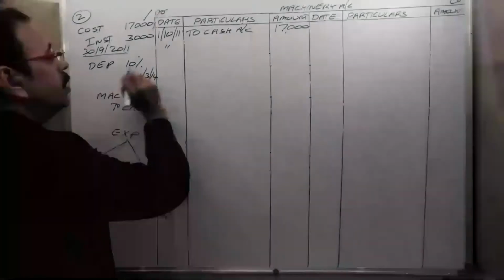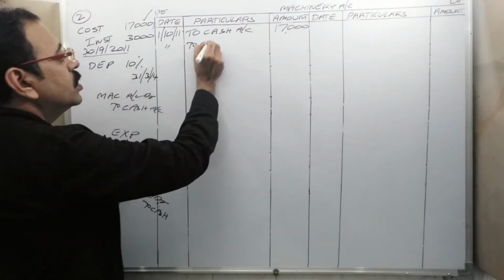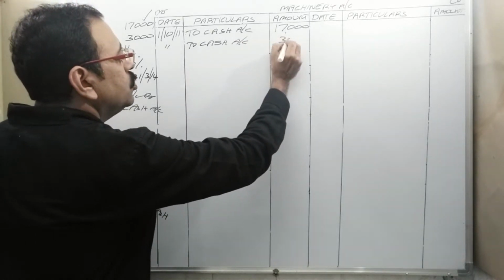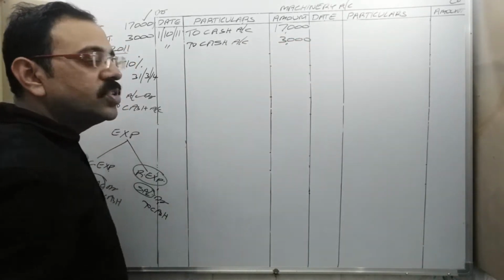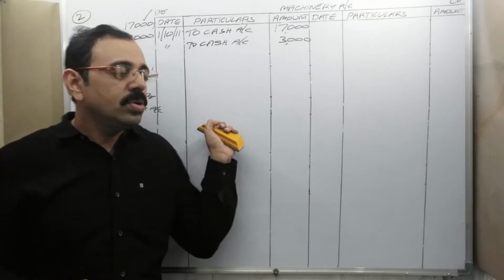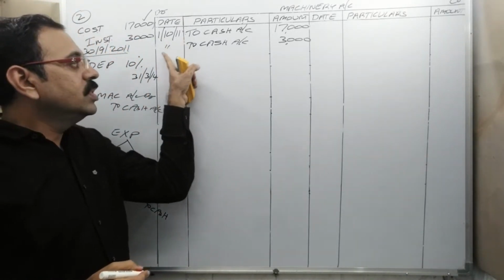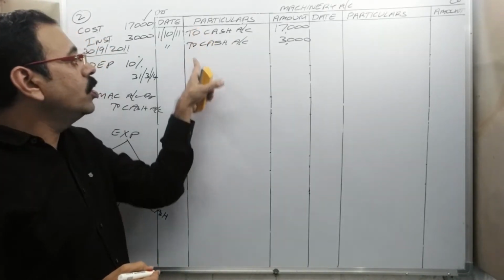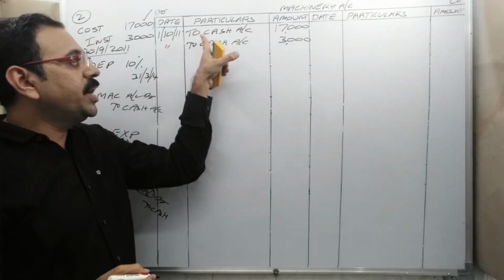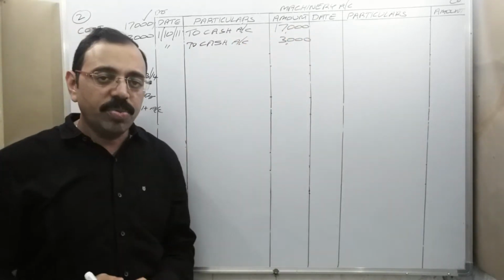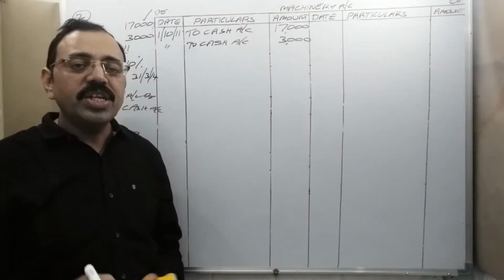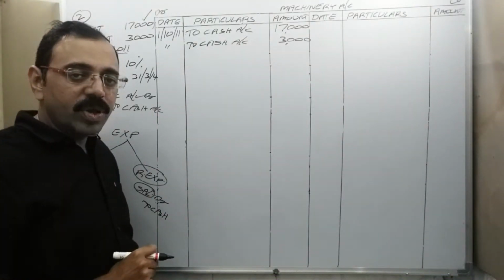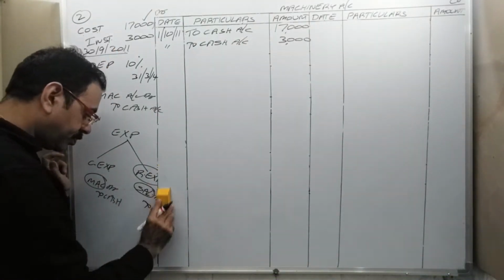On the same day, to cash 3,000 rupees. Some students, since the date is the same and we are writing the same names here, may add both and write to cash directly 20,000 rupees just one time. Don't show it like that. If installation charges are given separately, you have to write that. Okay? Now,